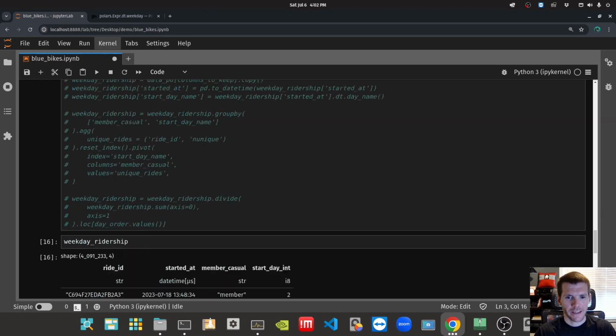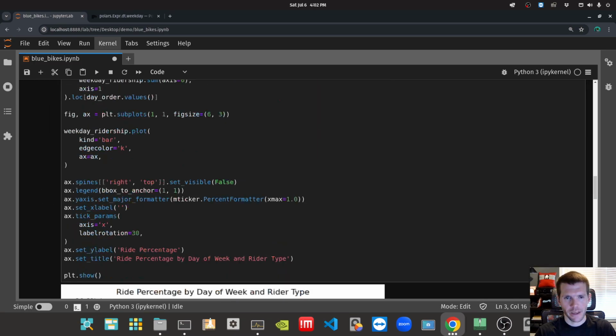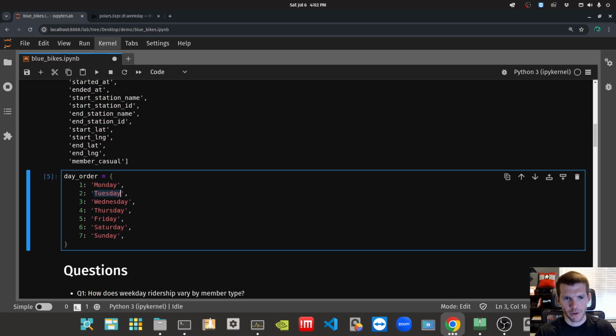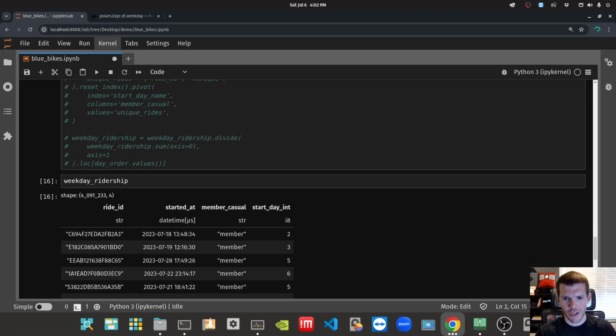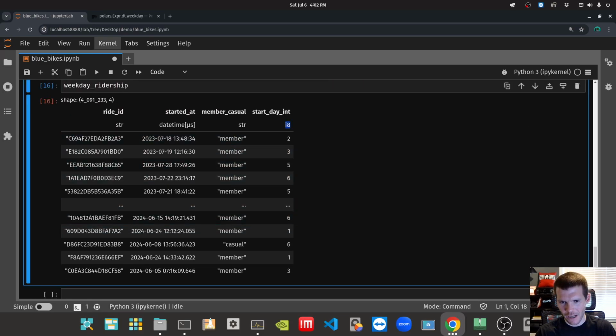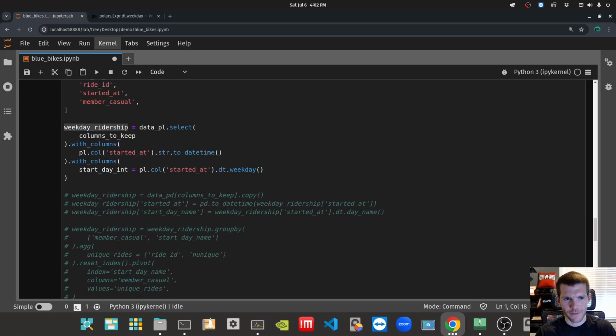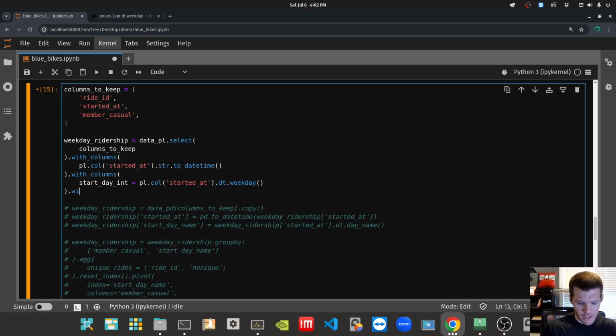All right. And the interesting thing is this, right? If we think about our dictionary up at the top, it's mapping integers to strings, right? And if we look at that polars column, that's an integer column. So those are integer values, right? So if we do this,